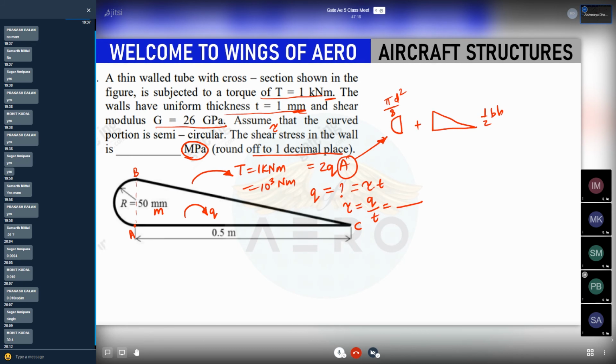Do you want me to solve this problem? Just write down in the chat box if you are unable to find the answer. Okay, so